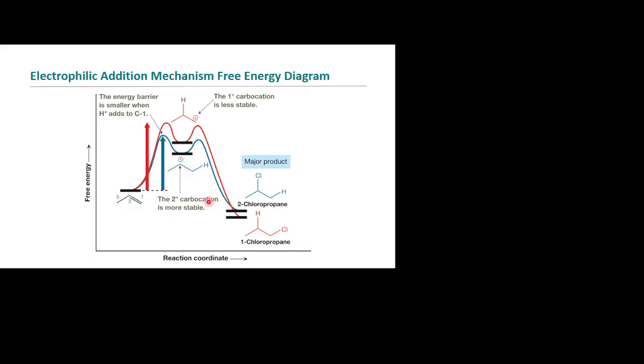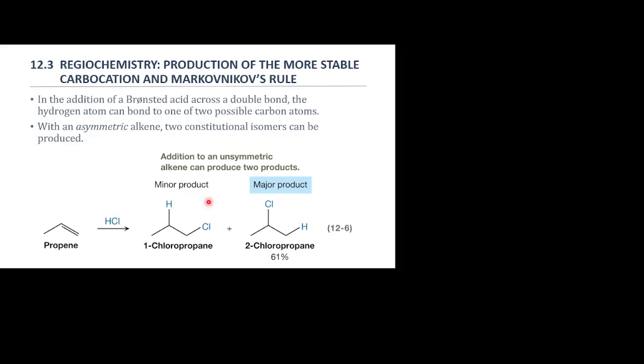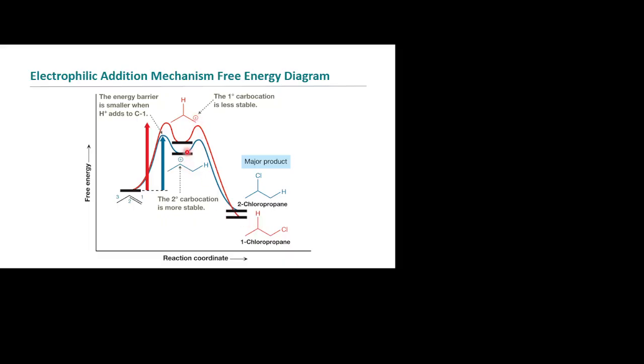Fantastic. Okay. So this right here is what we were stopped on last time. We had been talking about which one's going to be the major product here and why that's the major product. And of course, it has to do with this right here, which is your intermediate, right? The more stable the intermediate is, the lower the energy the intermediate is. If the intermediate's lower energy, then you have less of a barrier to get to, okay?